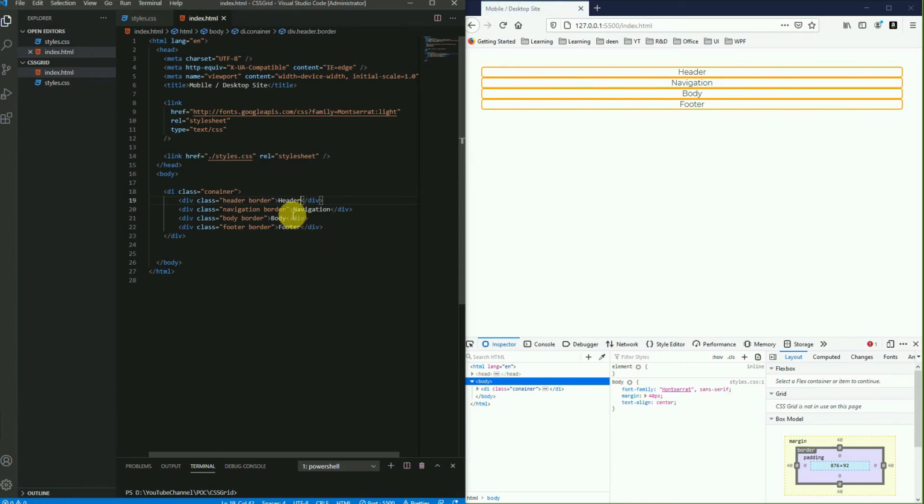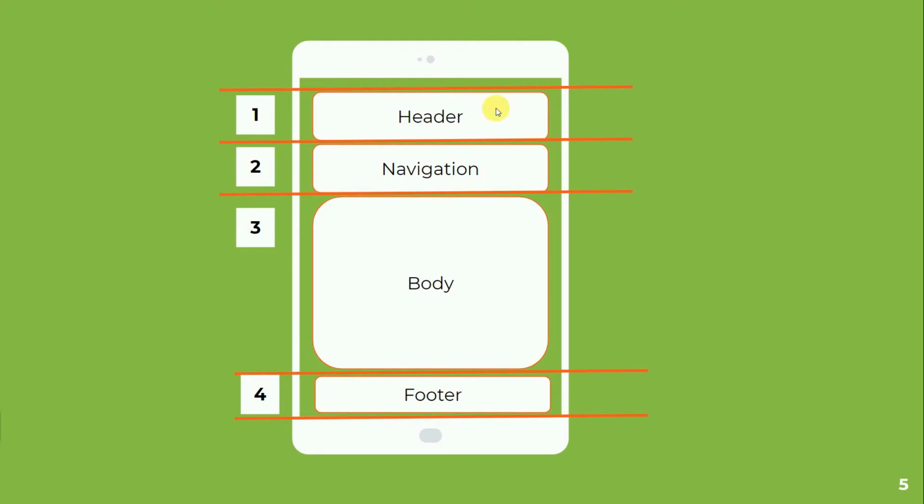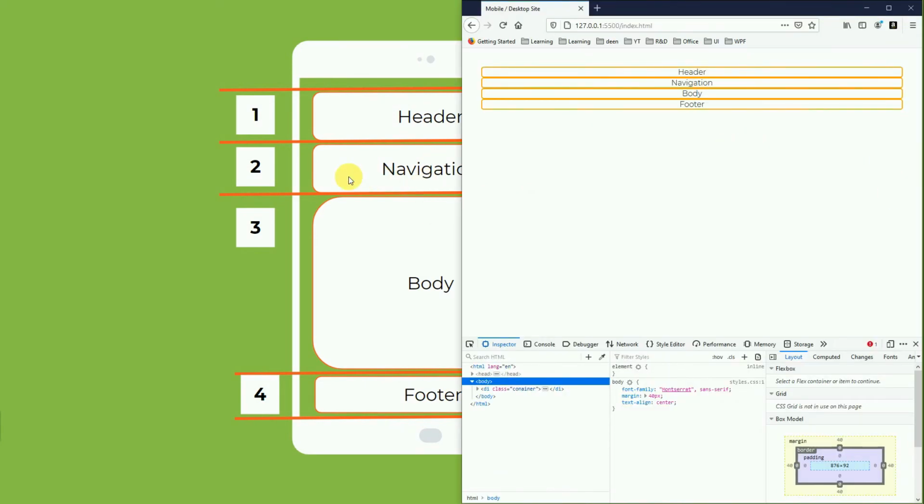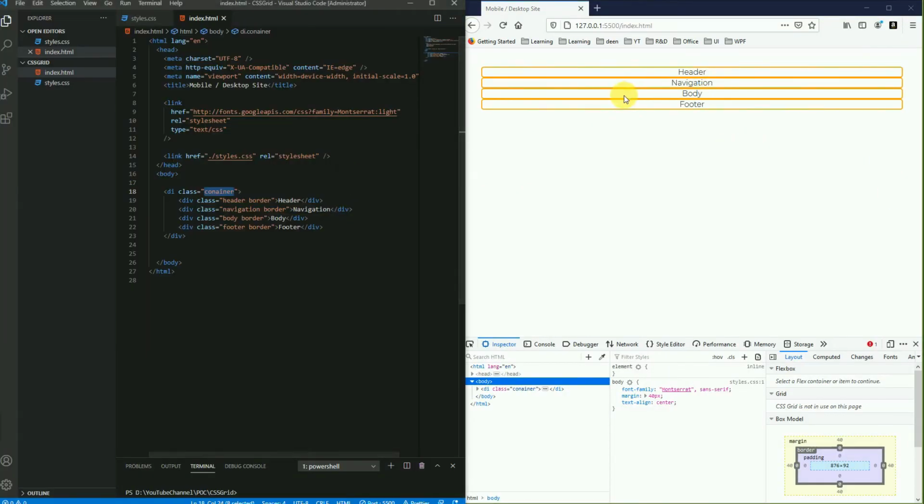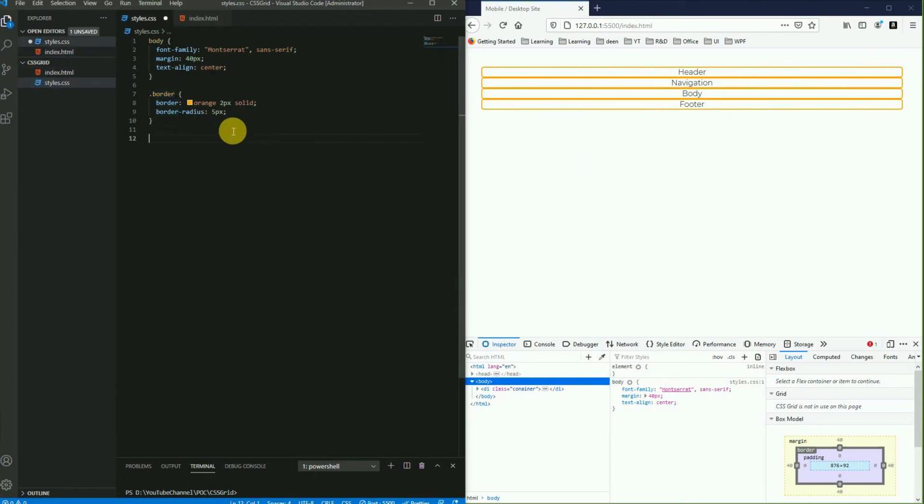So now you can see here we have just pasted some of the content like header, navigation, but we haven't implemented any grid structure. So now we are going to implement a grid structure, because we have seen that in our layout, you can see here we have a grid like this. So we need to make this grid appear like this. So I'm going to add styles so that we can design the layout as per our requirement.